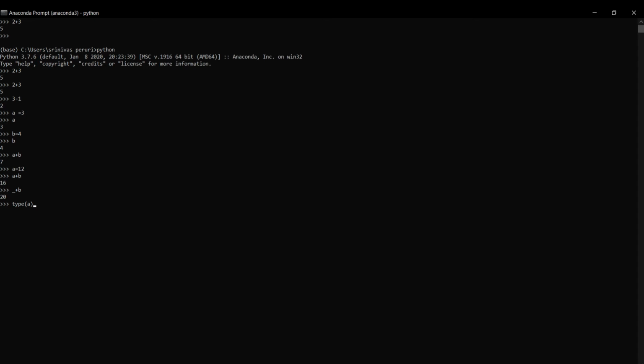In data types related things, don't worry, just understand the things. We'll discuss the data types in the future lectures. Up to this, you just keep it in mind. The type function is used to know which type of data is stored, right? So when I specify type of A, it is going to give integer.